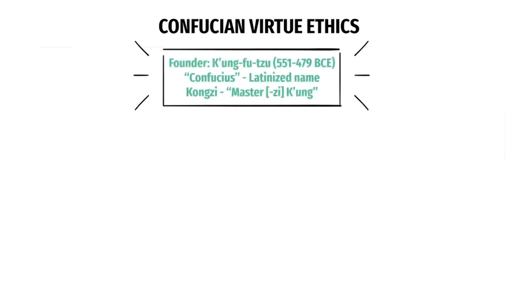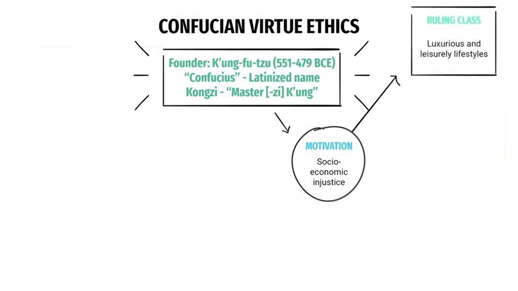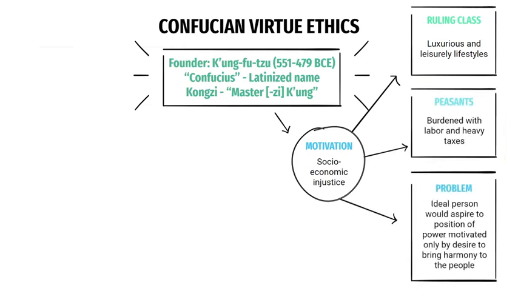So in Confucian virtue ethics, we call him Confucius, which is the Latinized name, but that wasn't his actual name. He's often referred to as Master Kung. He lived 551 to 479, so before Aristotle. As I said, he was motivated by thinking about socio-economic injustice. There were ruling classes with luxurious and leisurely lifestyles, but peasants who were burdened with labor and heavy taxes. So what's the problem? Well, the ideal person would aspire to a position of power motivated only by a desire to bring